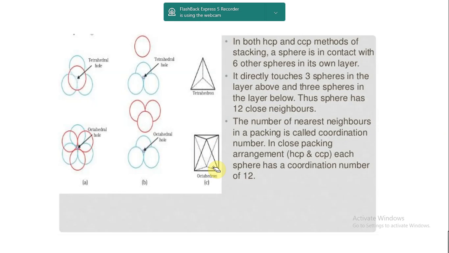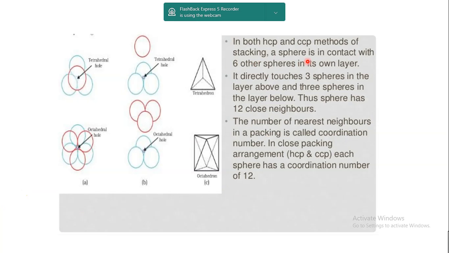That is, it is a tetrahedron. It has 4 faces: 1, 2, 3, and that back face, 4. So this is how a tetrahedral void is formed. You see the 3 atoms are there, and 1 atom is placed on the top of it. So tetrahedral. You see this tetrahedron is getting formed, and this is how octahedral is formed. So 3 and again 3 are placed, then the void that is created is an octahedral void. You see these 3 and these 3 are placed at top, so whatever void is getting created will be an octahedral void. We just saw it in the video.